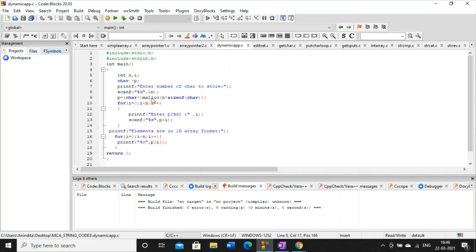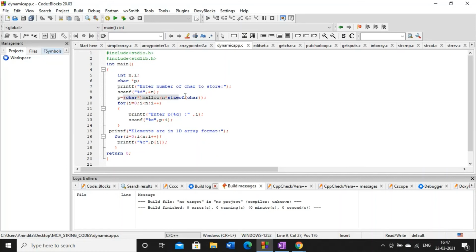Since I am using the malloc function, I am using one standard library header, stdlib.h. This malloc function is defined in stdlib.h. And what is the meaning of this line, p equal to? The p is a pointer variable of type character, and p is now holding the starting address of the memory chunk allotted by malloc. And what is the size of the malloc? I don't know. Here I have used the value n. So whatever value is supplied from the keyboard will be assigned here, and accordingly the memory size will be evaluated. So that is the point.